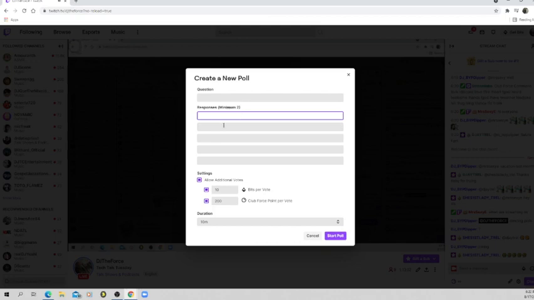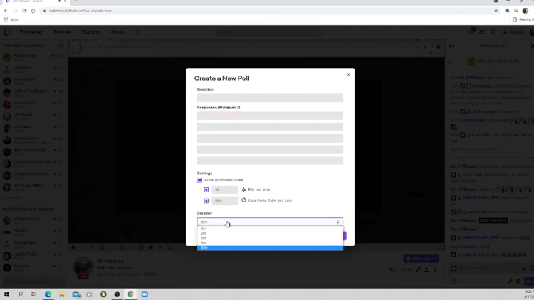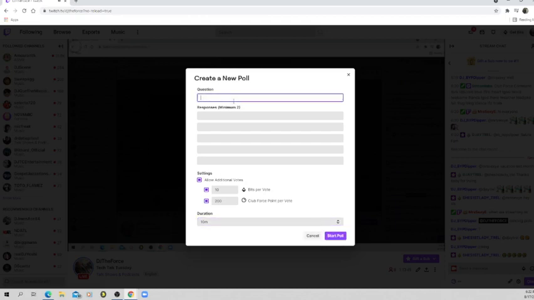And then once you put your question in and your responses, you have the option of setting what viewers can do. If you want to give viewers additional options to vote, you can have it set to where they have to cheer to add to the voting, or they can use their channel points, or any combination. You can turn off the channel points and make it just bits. You can turn off the bits and make it channel points. And then from there, you get to set the duration of how long you want it up. And just to give an example here,